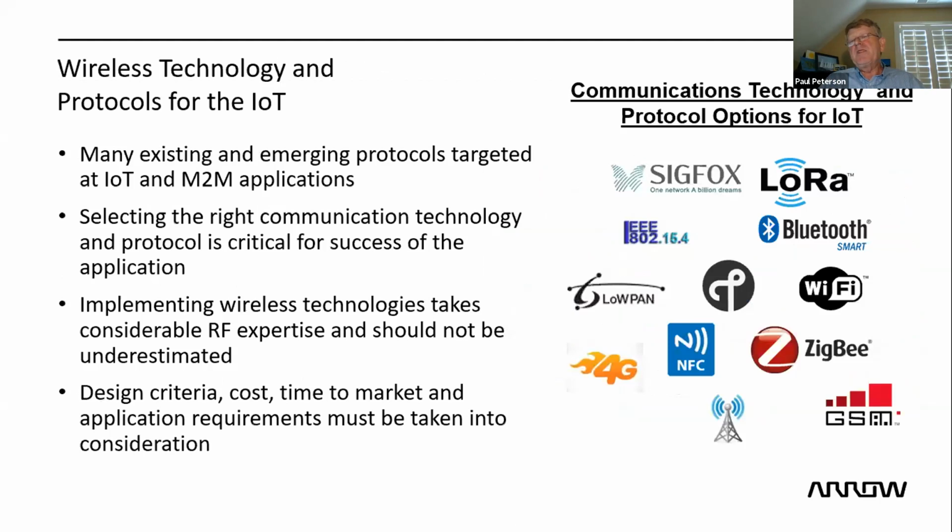So there's literally hundreds of different protocols out there. Here are some of the predominant ones that we see for IoT, or the Internet of Things. We're going to spend some time talking about LoRa, Bluetooth Smart, and some of the changes in Wi-Fi. We're not going to be spending a huge amount of time on current Wi-Fi implementations, because they're pretty widely understood. But also things like 6LoWPAN, Zigbee, and other protocols that are out there as well.